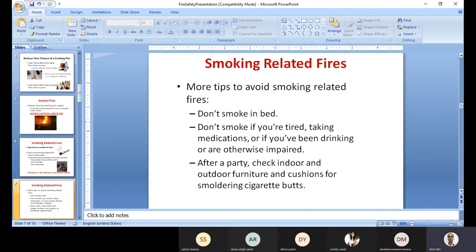For some people, or for the smokers themselves, smoking gives a sense of relaxation. So if a person is tired, then he smokes, he will feel relaxed. But similarly, this relaxation will give rise to negligence. Proper disposal won't take place. Improper disposal could lead to fire.